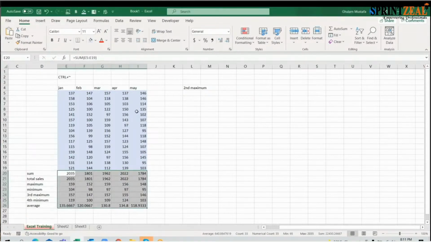Okay, no issue. We can move forward. We just learned so far what is the workbook, what is the worksheet, and what is the difference between workbook and worksheet. And in a single worksheet, how we can move into the different cells. We can apply multiple shortcuts. Now